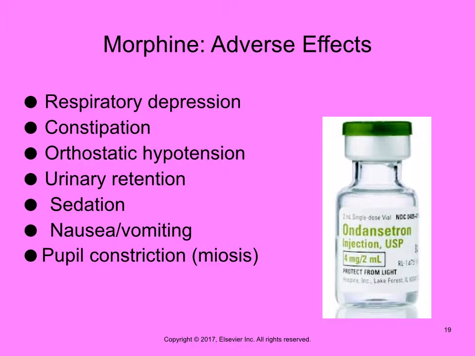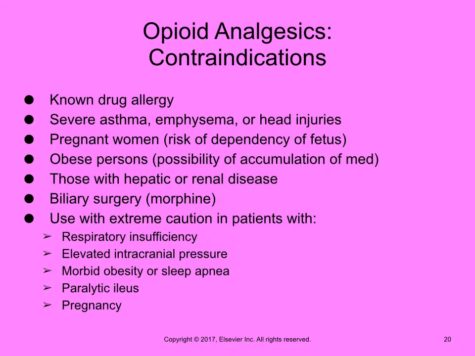Morphine crosses the placenta and is excreted in the breast milk, so you'd weigh the benefits and risks of the patient getting it, and you'd want to keep the doses small because you're essentially also sedating the child and the fetus. The opiate analgesics contraindications, of course, if they're allergic to it,